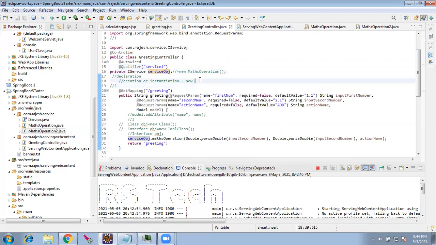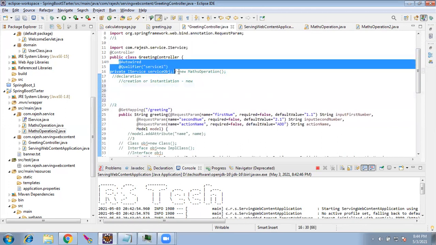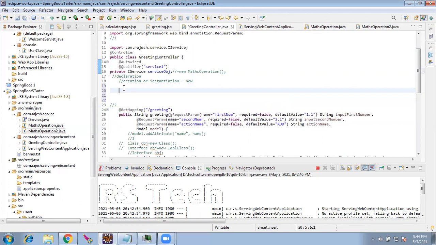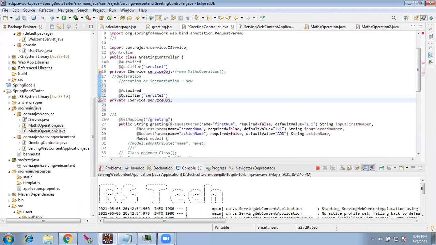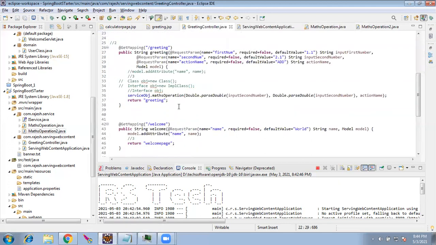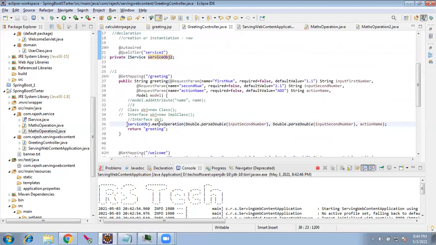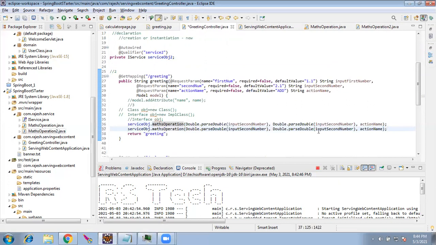So now when we do auto wire and qualifier, it is going to wire the service1 object here. By using the qualifier word, we map it. This is used only when we have multiple implementations. We give service2 and we map it to the service2 object here.